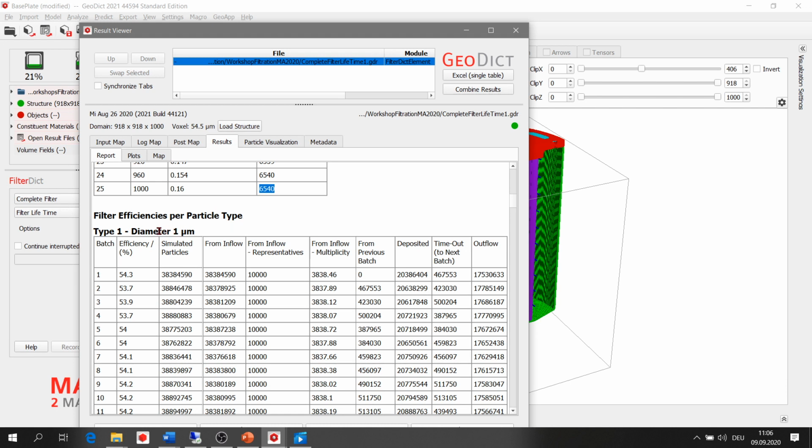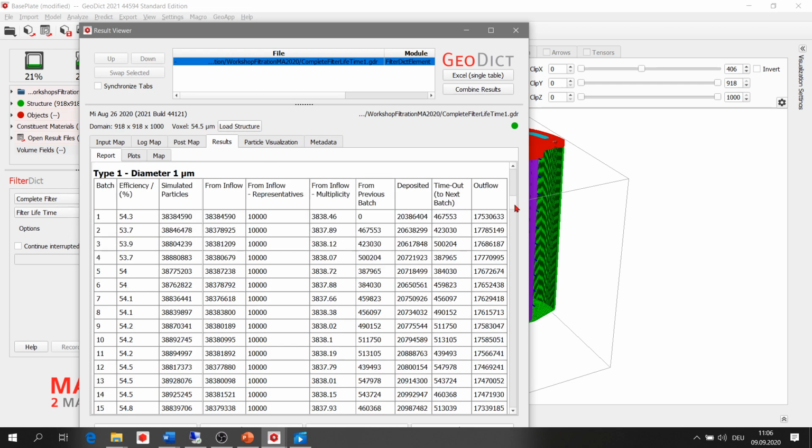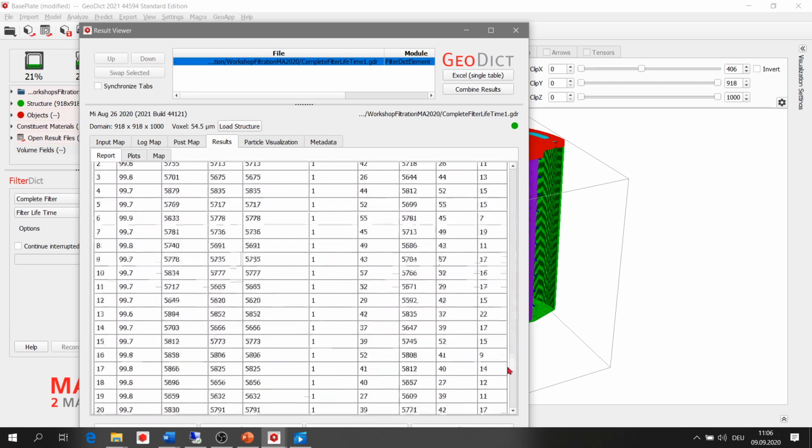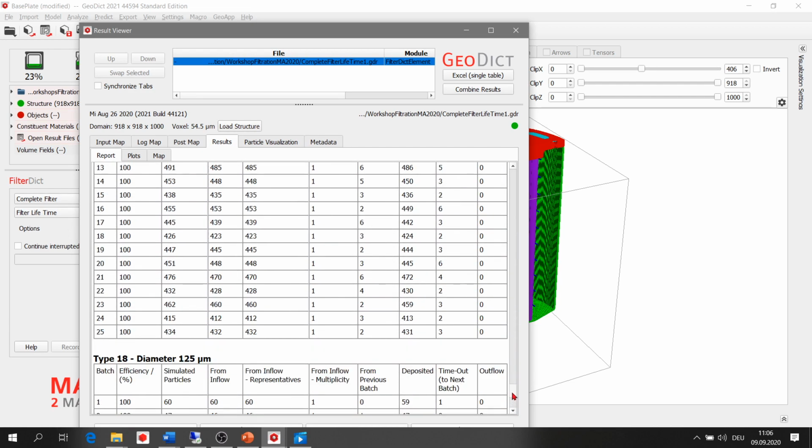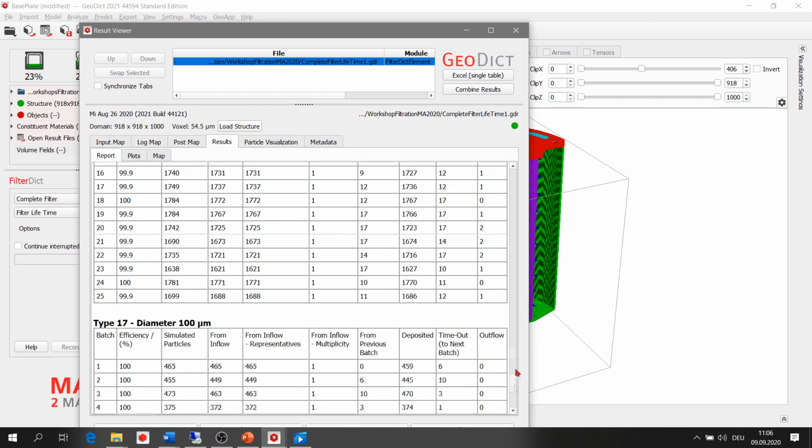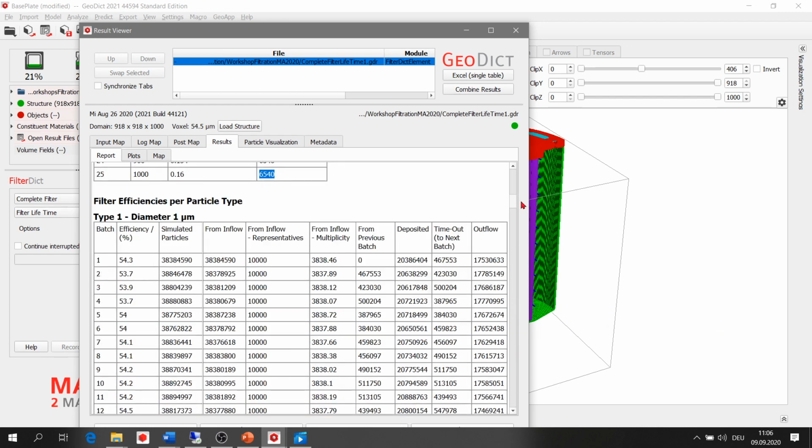And again here at the bottom, we have also filtration efficiencies per each particle type. So from particle type 1, which has a diameter of 1 micrometer, up to the last one, which has a diameter of 125 micrometer. And here you get also detailed results like the fractional filtration efficiency of this particle at first batch.